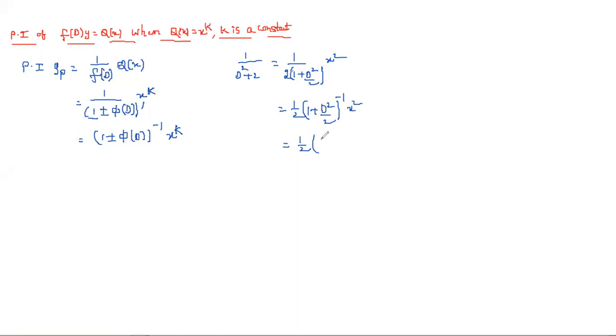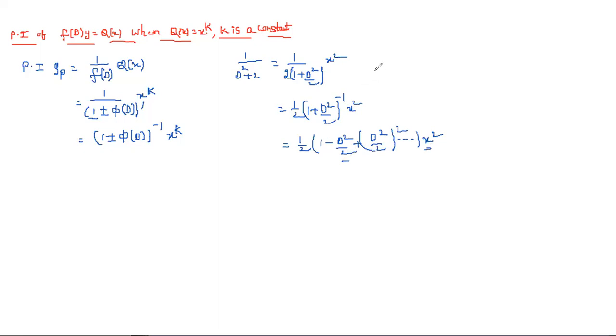Suppose here the formula is 1 minus D squared by 2, and next you will get plus (D squared by 2) whole squared, and so on. So this is an infinite series, but up to which term do we have to take? We have to choose only up to this term. Why? Because